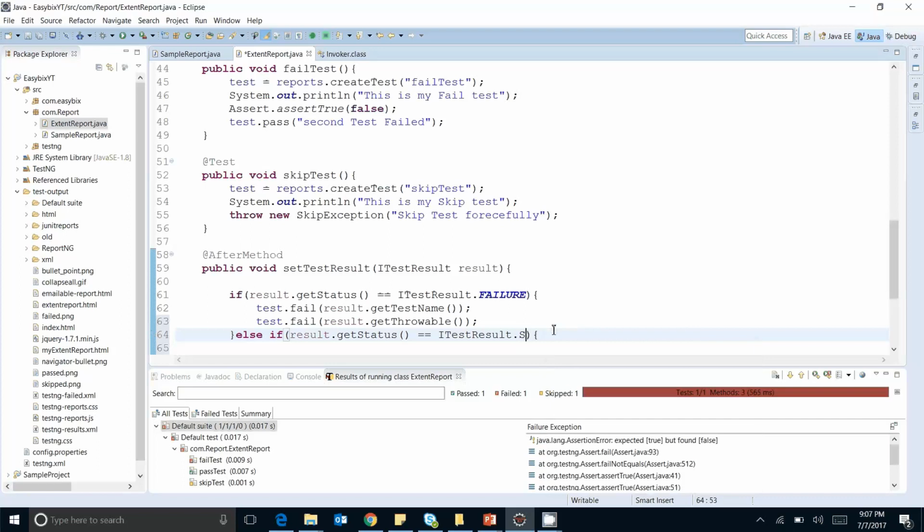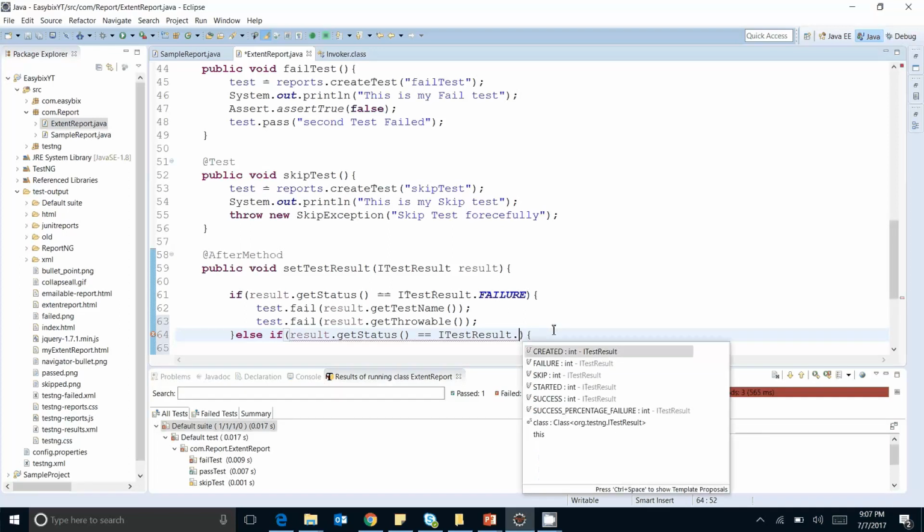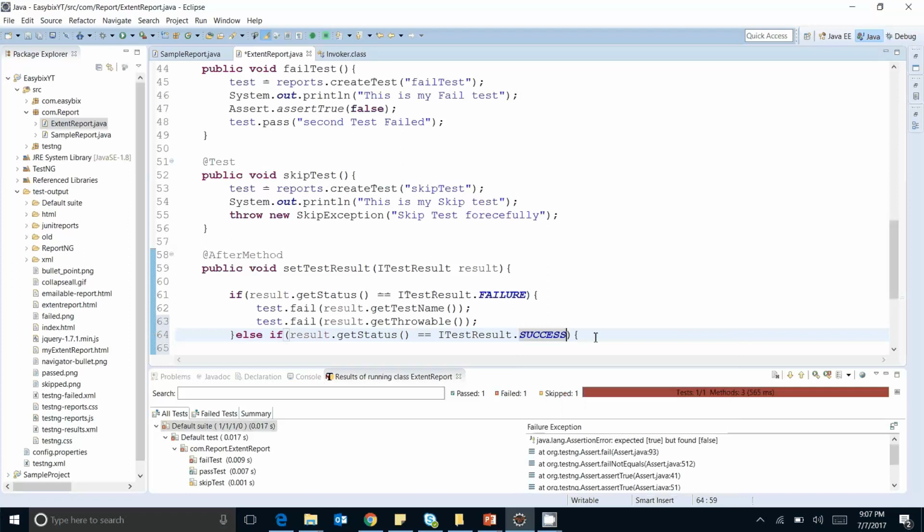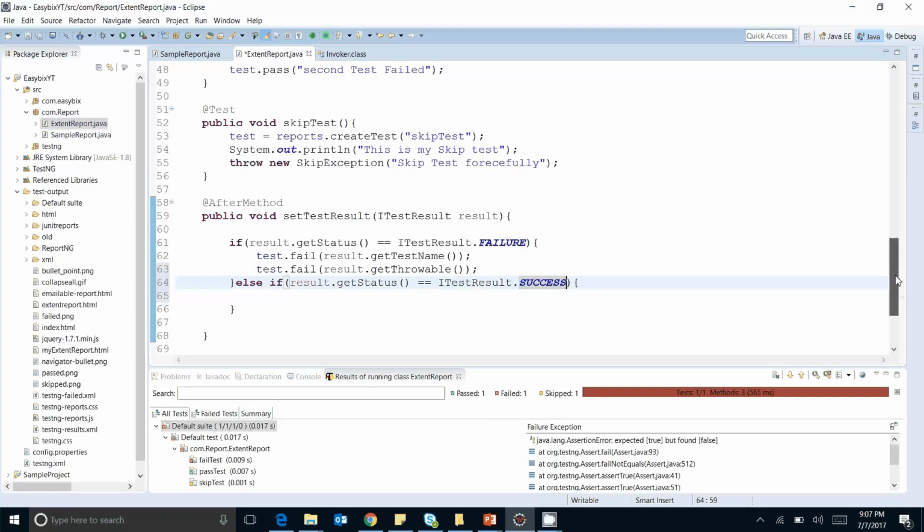No, we have the failure, we have the started, success. We have success, created, failure, skip, started. If the test is success, then we need to put result like this, and here I will call the pass. Else if